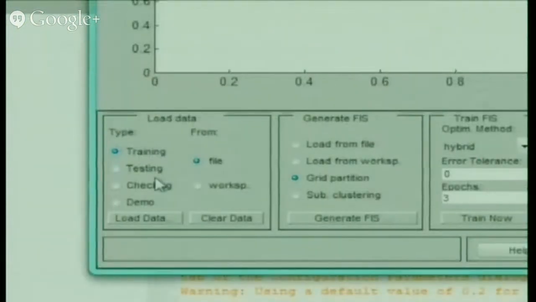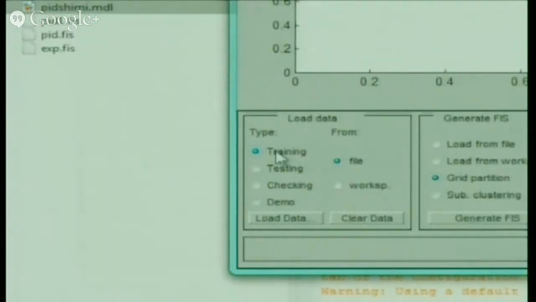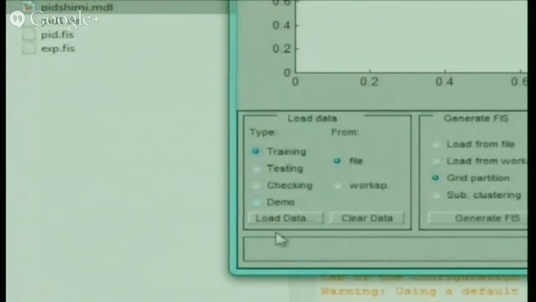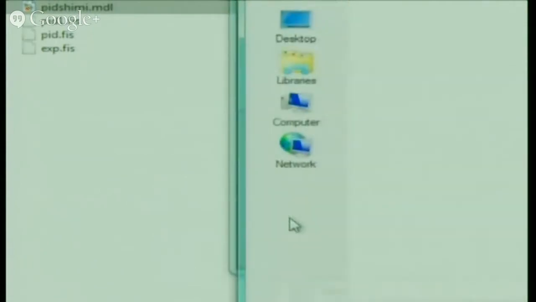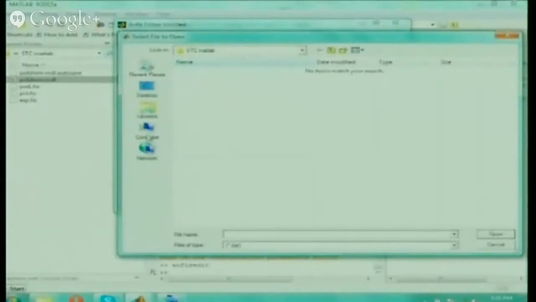Just have your logic, you can get it. Okay. So in order to load it, you can see here training data, testing data, checking and demo, all those things. There is a lot of data available in Demo too. You can just load it if you want. Or if you want training data, click the training data and load it. If you want separate data for testing, then at the same time as loading the training data, you have to load the testing data as well. That is the thing. So here I have chosen training data and I am giving load data, so I have to load the data here.